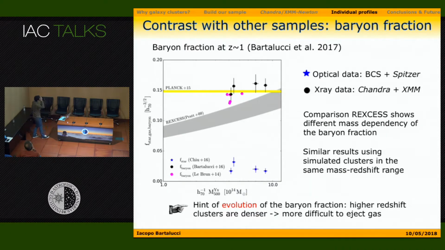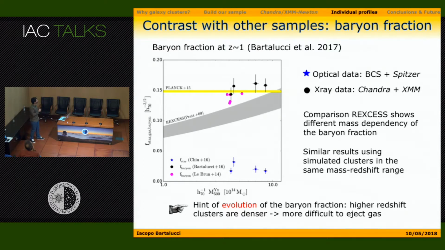Okay, then we look at the baryon fraction, compared with the value measured by Planck. Here in gray you see the baryon fraction measured by REXCESS, the 68% dispersion, and here in black you see our actual measurements. Here you see only 4 galaxy clusters, because for one of the 5 we didn't have the stellar